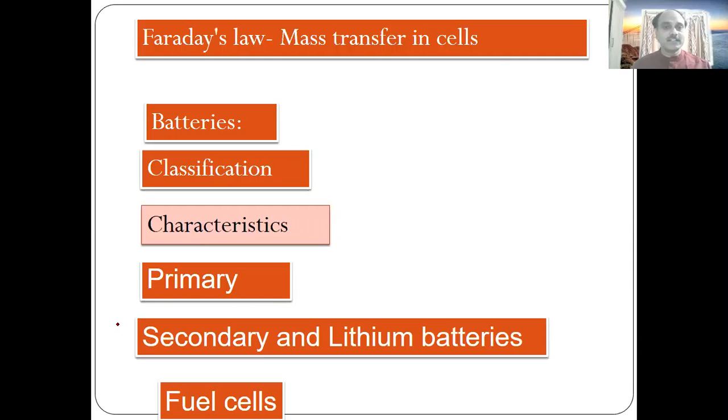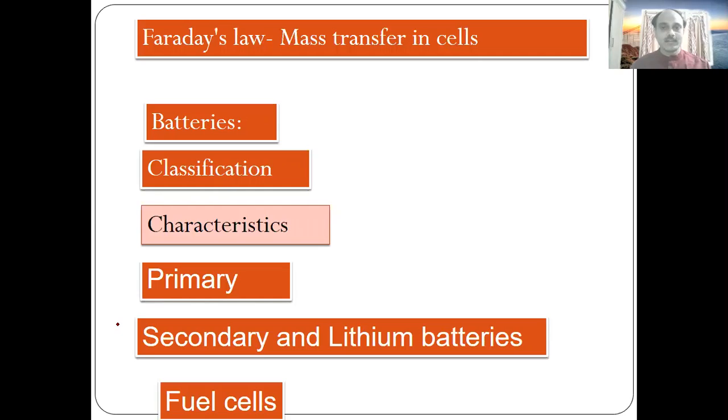So there are different types of batteries, like primary batteries and secondary and lithium batteries and fuel cells. And what are primary batteries? What are the examples for the primary batteries? And what are the characteristics of the primary batteries? Secondary batteries, what are secondary batteries? And lithium batteries are one such kind that we are going to study, the electrochemical setup present in the